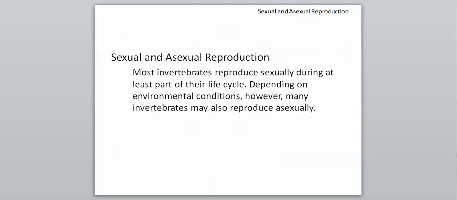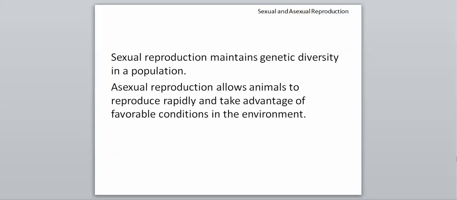And for one of our last topics here, reproduction. Most invertebrates will reproduce sexually during at least part of their life cycle, depending on environmental conditions. However, many invertebrates are also capable of asexual reproduction. So both of these can be found within our groups of invertebrates. Sexual reproduction is beneficial because it maintains genetic diversity in a population. So that's just saying we don't have a bunch of inbred invertebrates running around